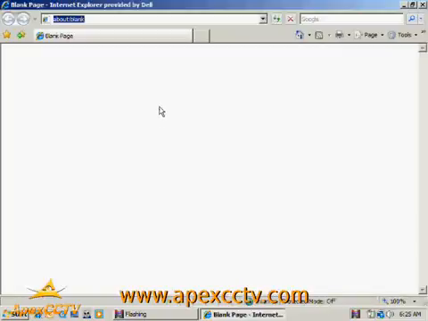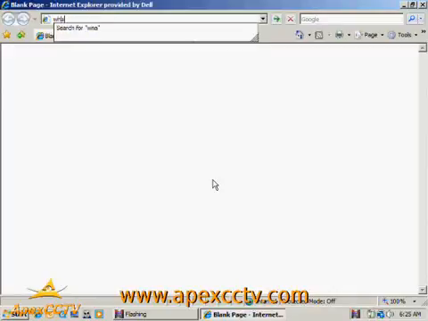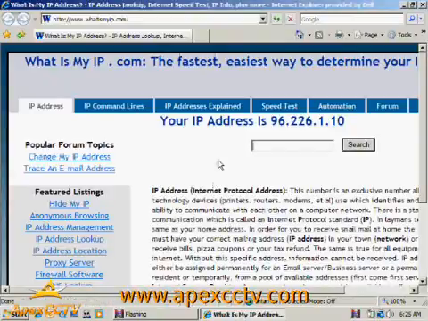First of all, just a quick explanation of what port forwarding is. Anytime you have a camera or a DVR that needs to be viewable from the internet, the correct ports have to be forwarded from your public IP address. So first thing we need to do is find what our public IP address is. I can do this by going to whatismyip.com, and there are some other similar websites, but if you see, it'll tell me that my public IP address is